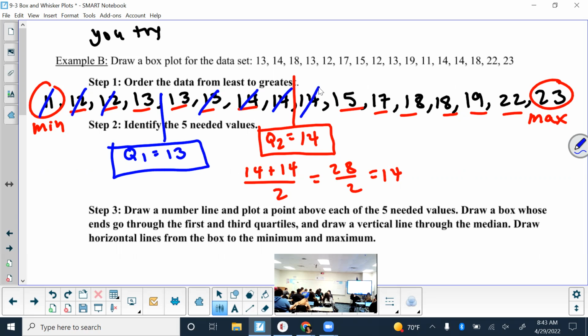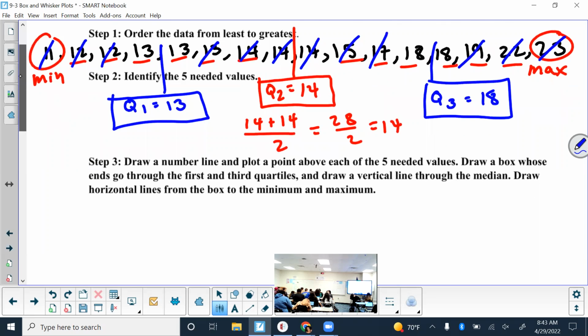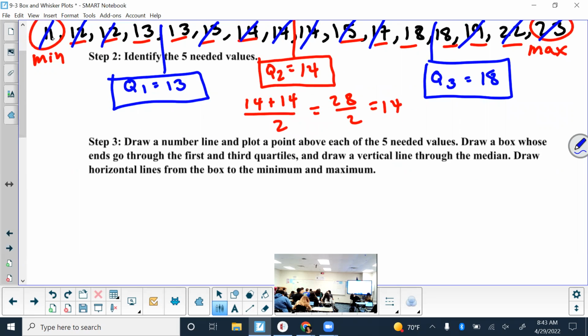What about over here? What's my Q3? 18. Because I have 2 18s in the middle. Average of 18 and 18 is 18. Questions? All right. So those can be different. Like if these were different numbers, you know, take the average of them. Might be a decimal, that's fine. All right, but now that I have those numbers that I need